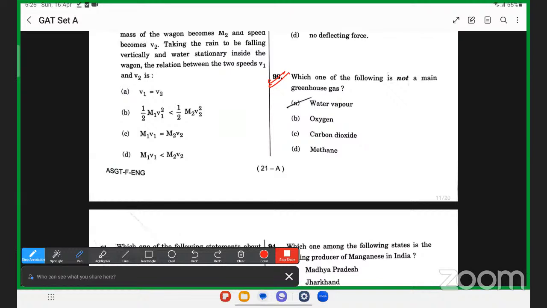तो कौन ऐसा है यहाँ जो ग्रीन हाउस का मेन कंपोनेंट नहीं है? मेथेन ग्रीन हाउस का कंपोनेंट होता है, कार्बन डाइऑक्साइड भी होता है, वाटर वेपर भी होता है, तो राइट ऑप्शन होगा बी ऑक्सीजन। ऑक्सीजन इज नॉट द मेन ग्रीन हाउस गैस और कंपोनेंट ऑफ ग्रीन हाउस।